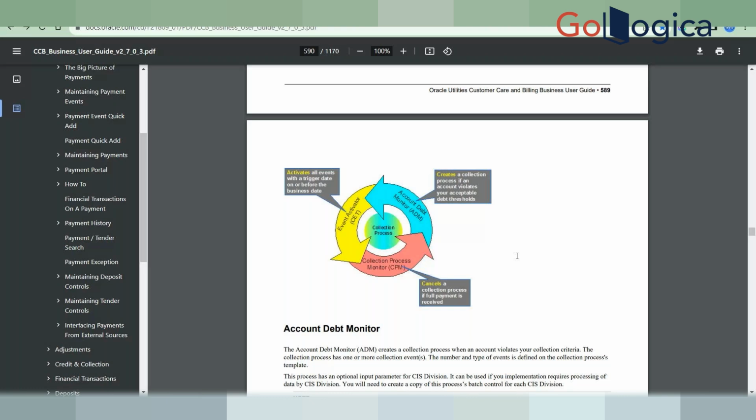So whenever you run the batch ADM, it will check that account with that customer class, and it will go under the process of the CET, the collection event trigger. The collection event trigger is another batch. When it runs, it will create the events, like an SMS reminder, sending email, and maybe creating another event